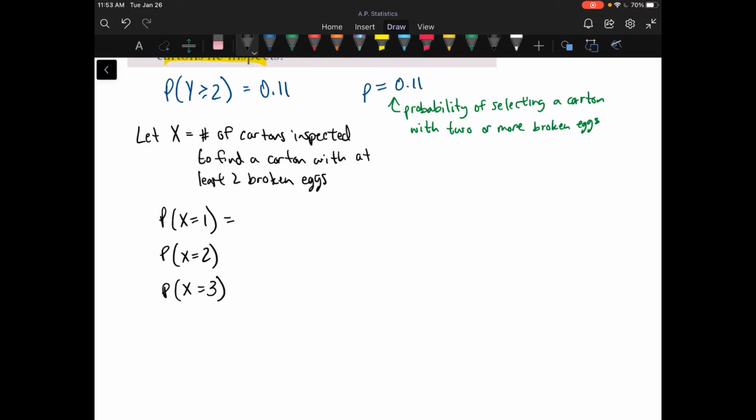Right. This is a geometric probability. This is geometric. So that means we use the formula P of X equals k is equal to the probability times 1 minus the probability of success to the power of k minus 1. Right, and so we are using 0.11. So in this case, for P of X equaling 1, we have